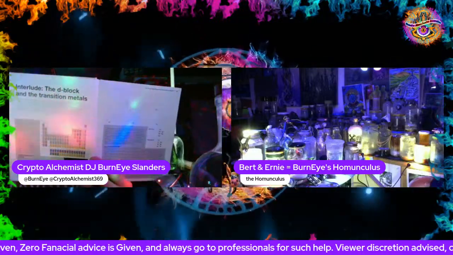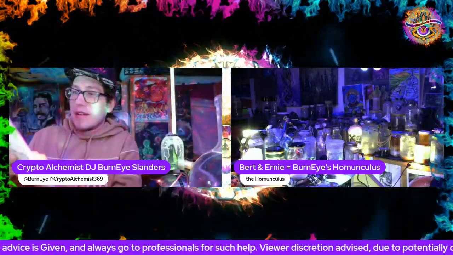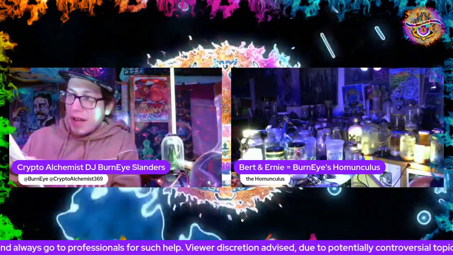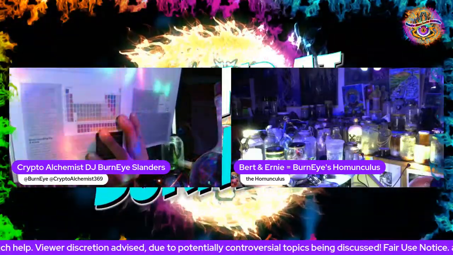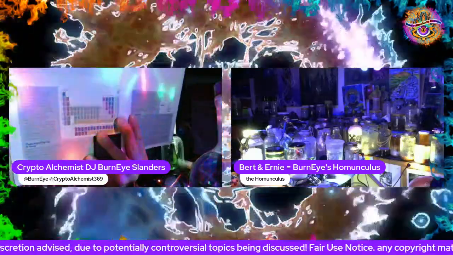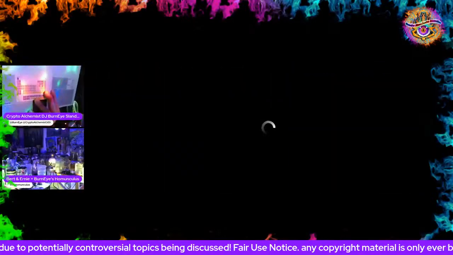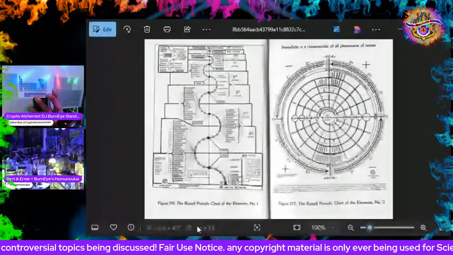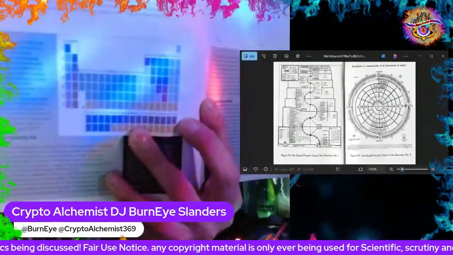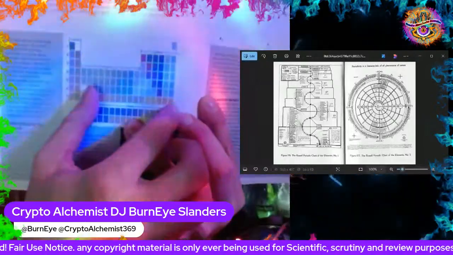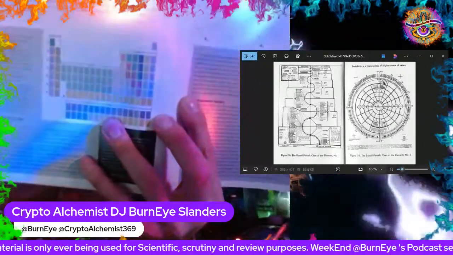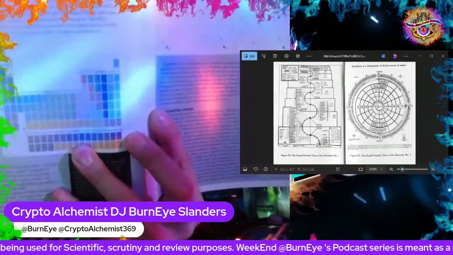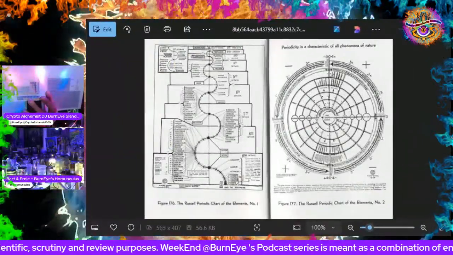And we will be starting with the D block and the transition metals, where you can see the different blocks as they're arranged in the modern day, less accurate periodic table compared to